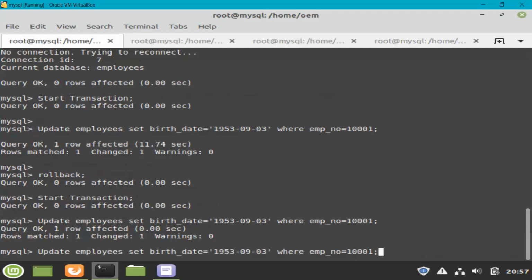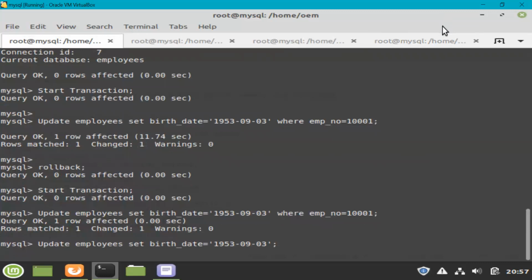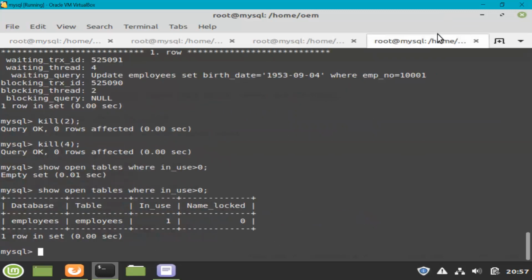So let me actually go ahead and let me remove this. Okay. And come back here. Let me run this. Now, as that command is still executing, it says that this employees table in the employees schema or database is in use, and it is being used by one transaction.